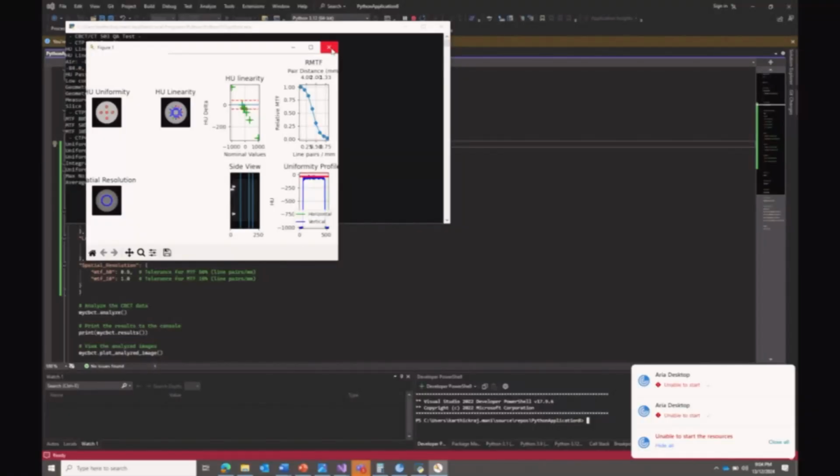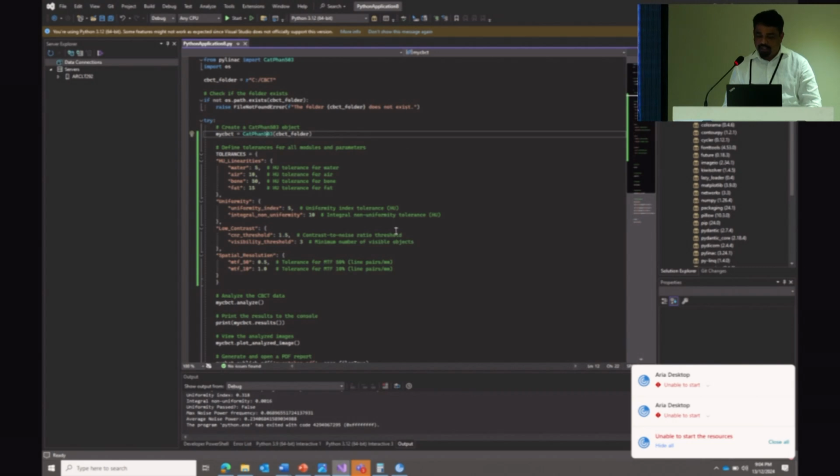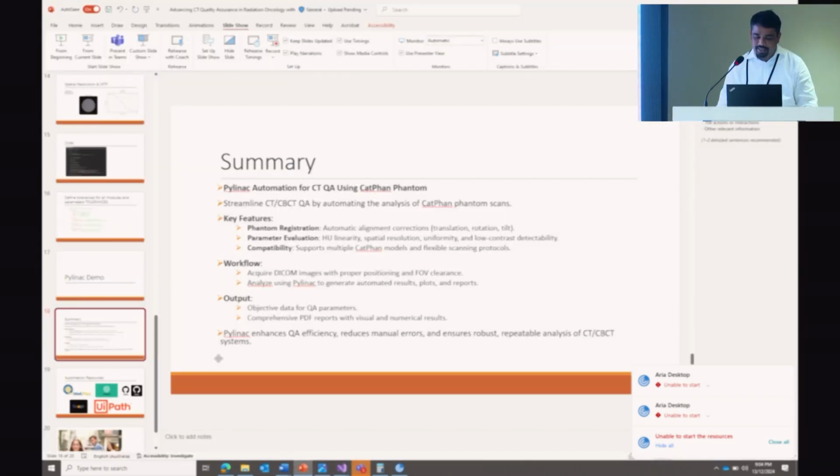You can see that all the results are here, and it gives us a result here, and you can print this one. What I'm working on is creating a database, so that you can save this and see the trends over the years. And I will close this one, and it also creates the PDF format, you can print it and save it. So in summary,